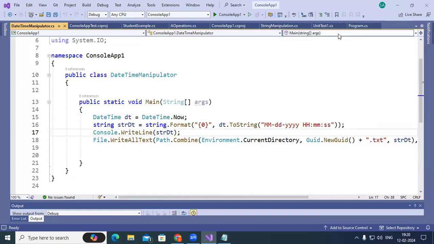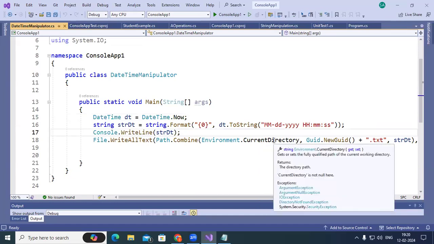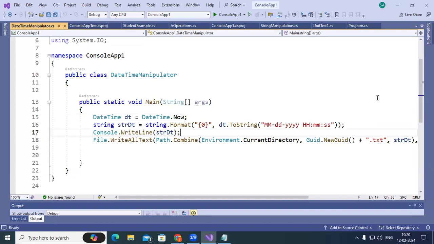So Path is actually nothing but a class. With the help of that, you can combine the directory as well as the normal file. This can give you the current directory. That means wherever your exe file is running, there the directory you can get, followed by